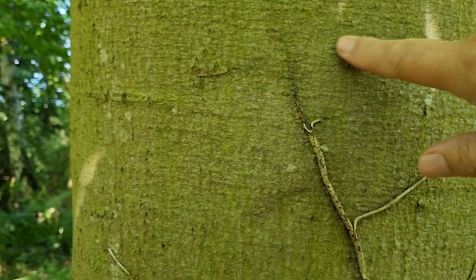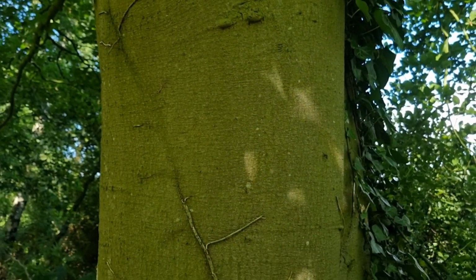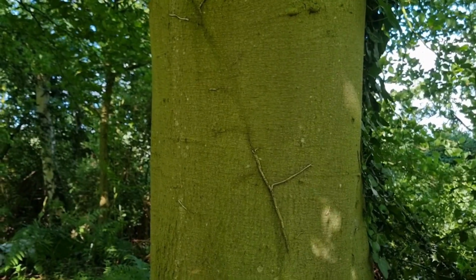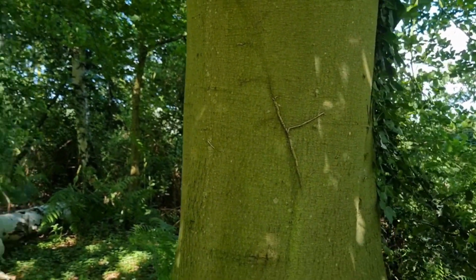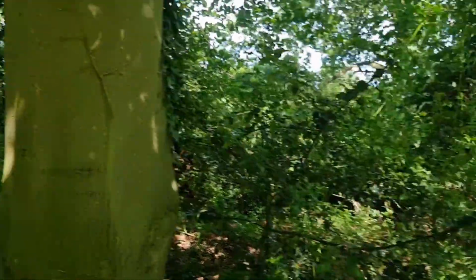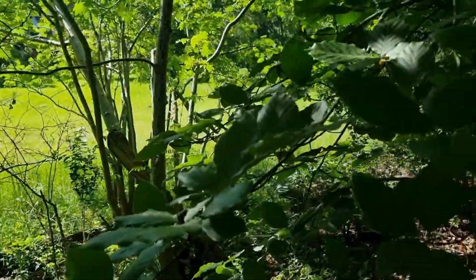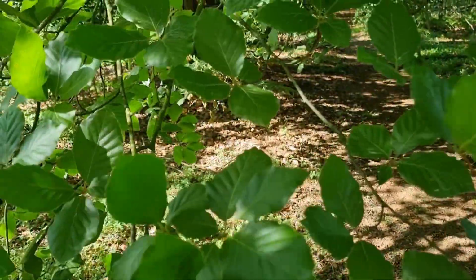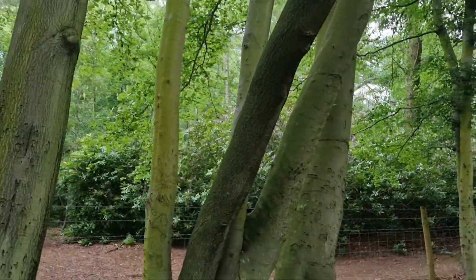So nice smooth trunk to look for. And always if you are in a beech wood, you'll find some sort of fungi, usually some nice edible fungus or mushrooms. So there we go, one of the top 3 on my list, the common beech with those lovely green leaves. So let's move on. We just look at all these beautiful great big beech trees